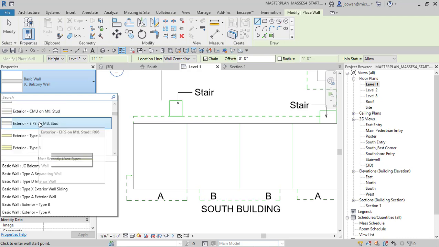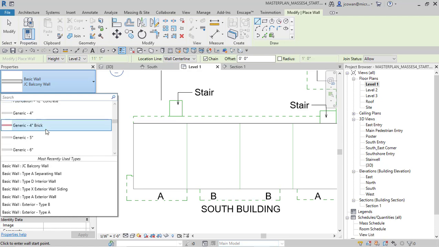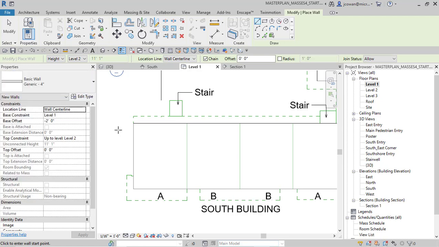So if I just pick a generic 4-inch wall, I want to draw this down here. It's going to go from 2 feet below the ground floor up to the roof, and let's say 4 feet above the roof. So if I draw that in there,